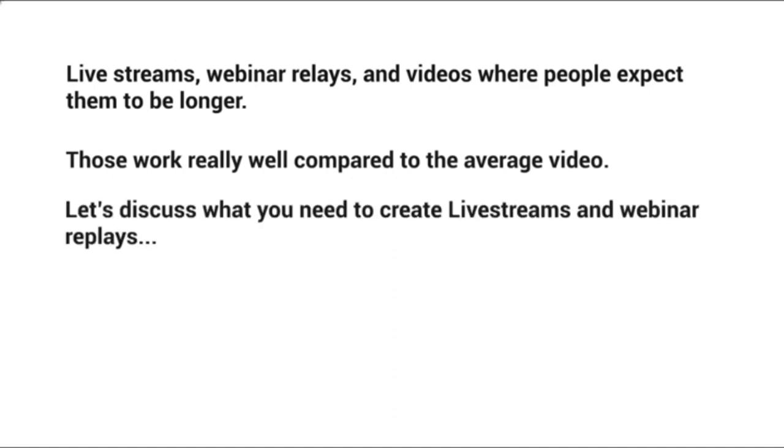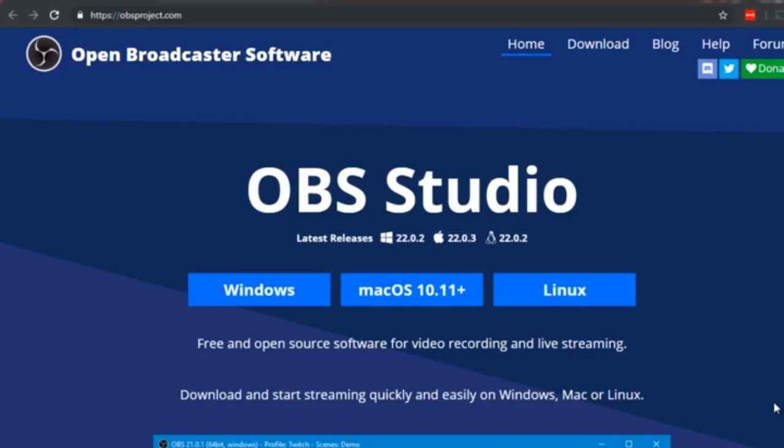So let's discuss the software or web applications you need to create live streams and webinar replays. In order to create a YouTube live stream, you're going to need broadcasting software. There are many. You can go to YouTube and type in how to set up a live stream, and there are a lot of videos on that. But this is one particular one that we have used and that has worked really well for us. It's called Open Broadcaster Software, and it's free, best of all. It's located at